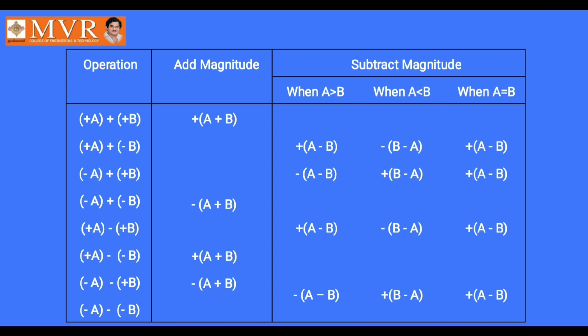In the same way, when you come to the subtract operation, there are basically 3 cases we have to check while you are performing the subtract operation. That is, when A is greater than B, how to perform, when A is less than B, how the combination will be, and when A is equal to B, how the combination is. You can see the resultant values with the sign representation in the table for the 3 cases. I think this is a very easy slide to understand, so I am not going to explain more about it.